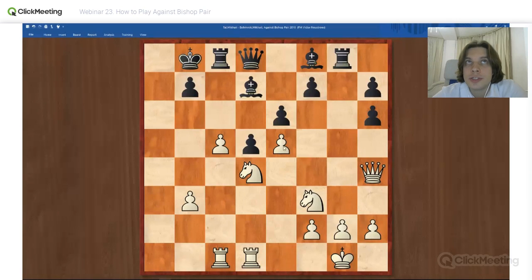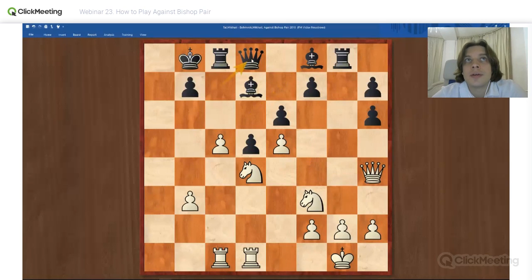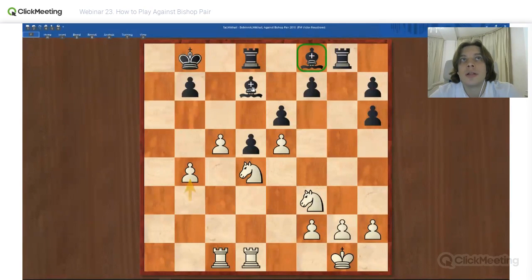Okay, actually, here we should trade the queens because if we play another move like queen f4, then bishop c5. Queen f7, queen e7. And it opens the position, at least his dark squared bishop is open. So you see, we don't get the advantage because we allow him to play with his dark squared bishop. It's much better to trade the queens and then play b4. This is how we restrict this bishop, while this one is already restricted.